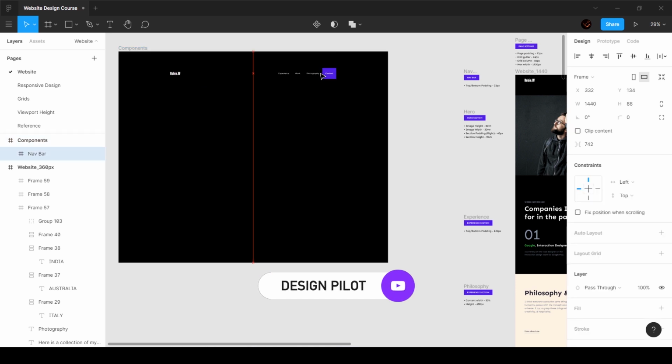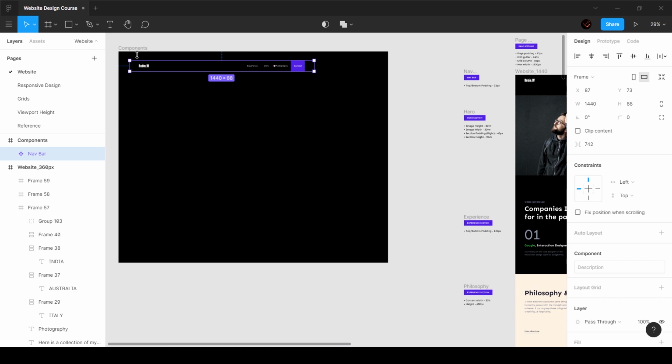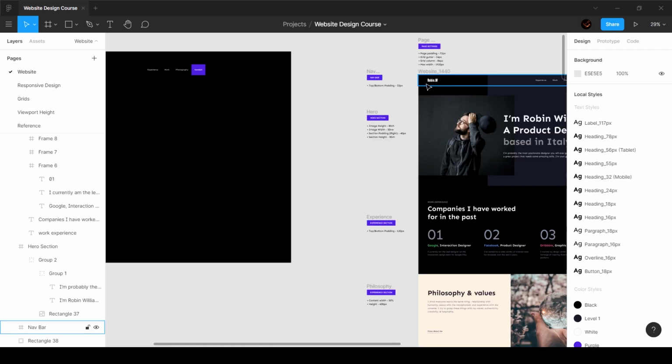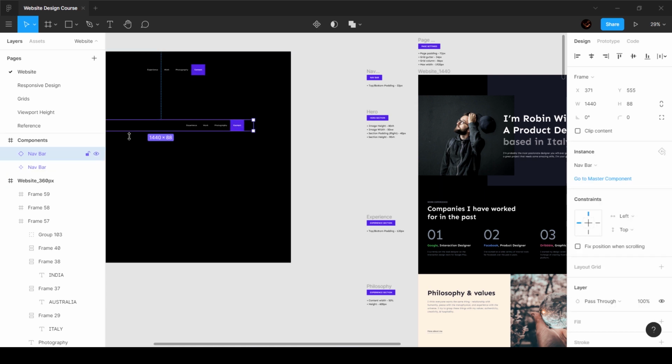Once I select this, I'm going to click on this button which says create a component. The first component that you create is called a master component. And as you can see, how do you define a master component? If it has these 4 dots, that is defined as a master component. We're going to put this over here, delete this one, and duplicate this. If you hold Alt or Option, you duplicate it, you get an instance of that component, and that instance does not have those diamonds. It's just one single outline.